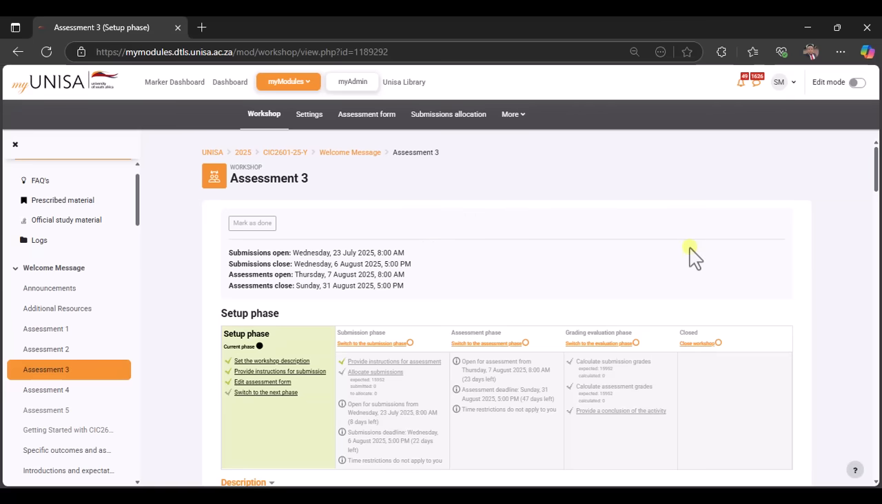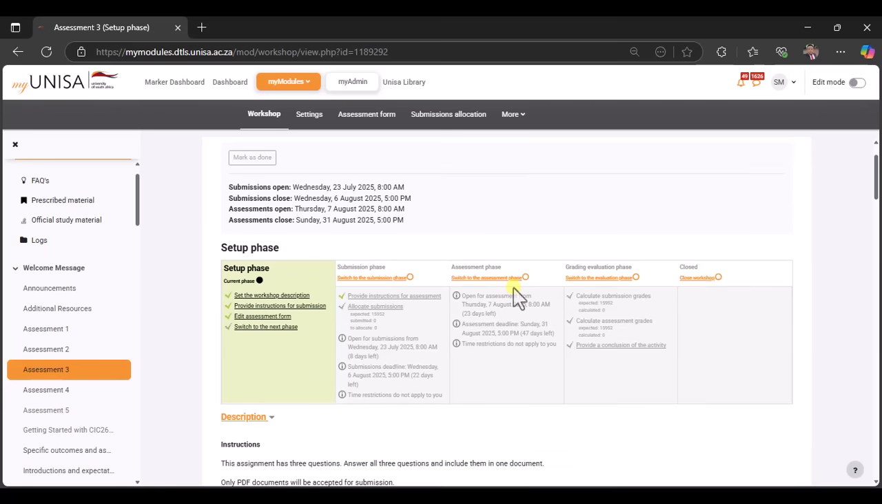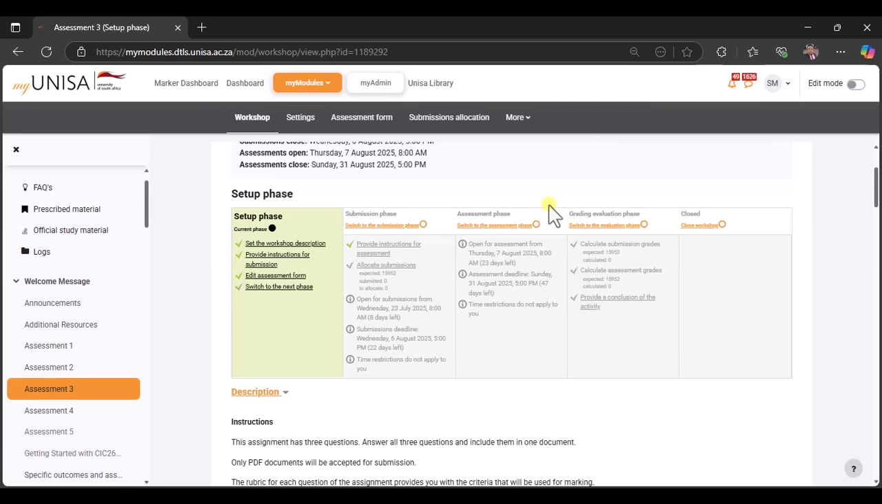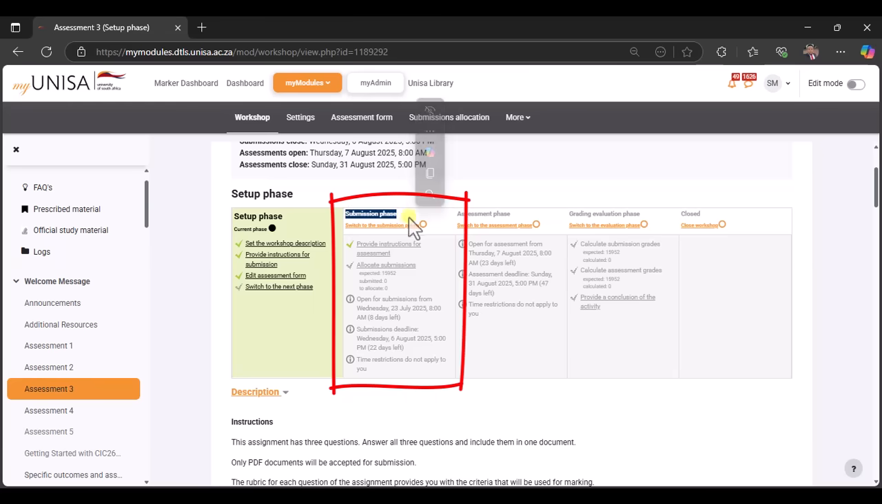So listen carefully. This is the lecturer's view where we do the setup, okay? But with you, I want to show you what you're going to be involved in throughout the whole process. So what's going to happen is there is a submission phase and there's also assessment phase. These two phases will be the two phases where you're going to be involved in. Okay, so which means the submission phase, this phase right here,